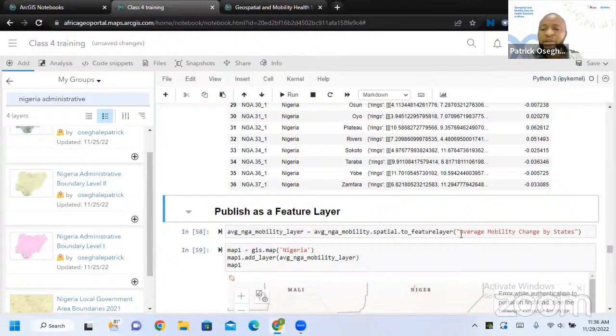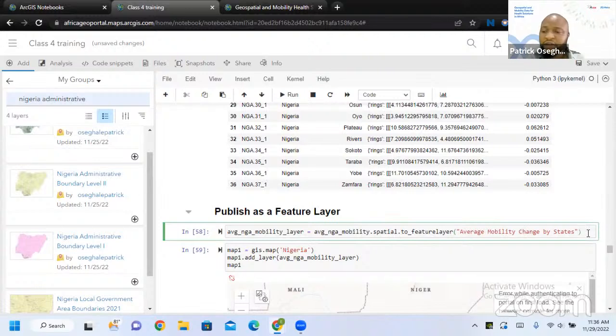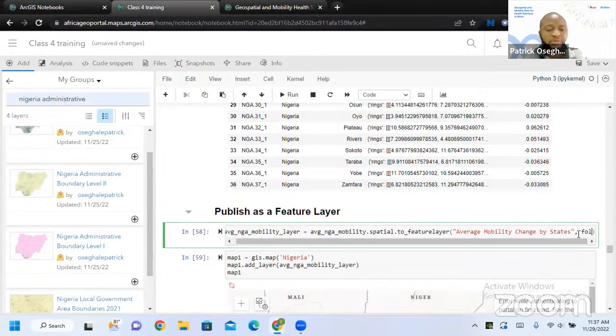So I will just give it a name, and I also want to add another thing here. I'll give it the folder I want to use. I don't want to populate it in my content. I'll give it a folder, and I name the folder training. So let me just show you here.